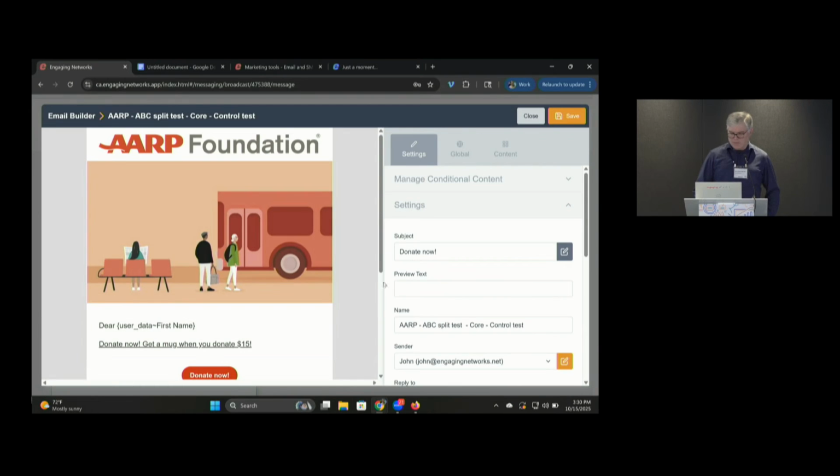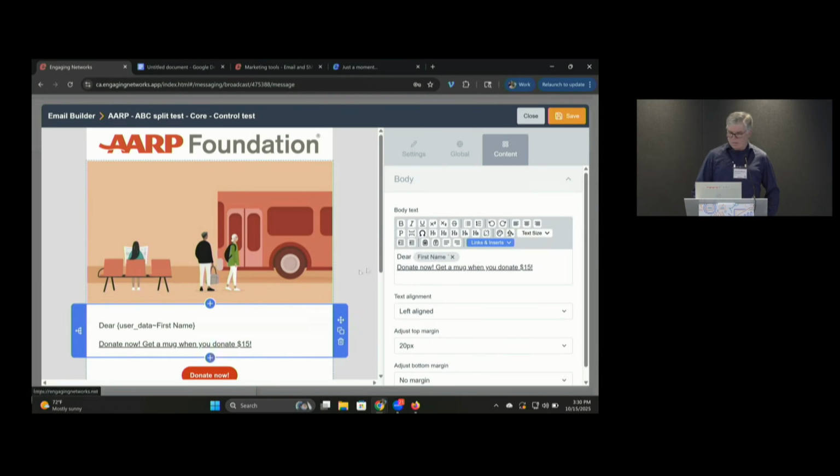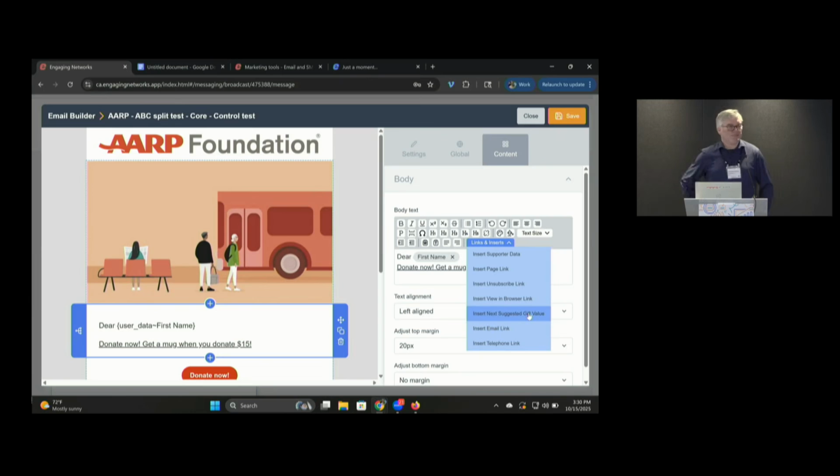One of the other inserts that's now available in the link picker is to include now. You click on the link and insert. There's a couple in here. We added in the next suggested gift value, so that can appear on the page. So with next suggested gift, that's actually a combination of doing something on a donation page and doing something here